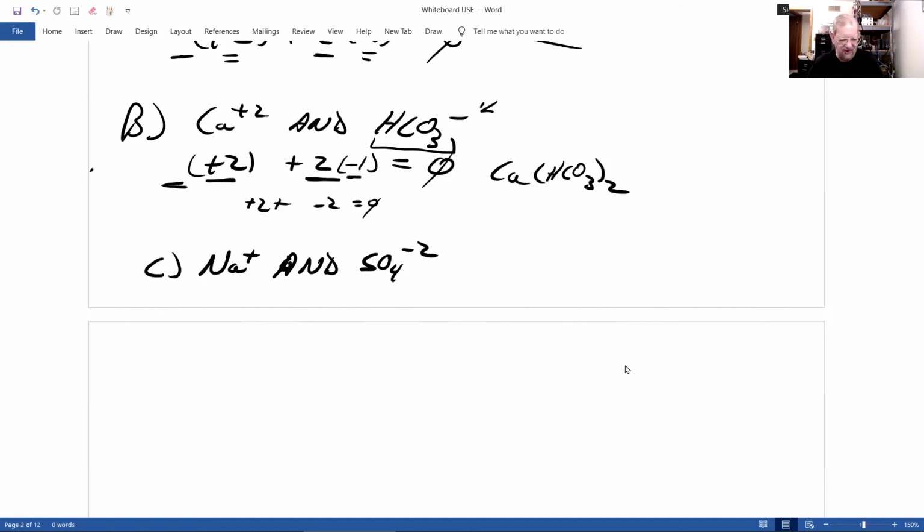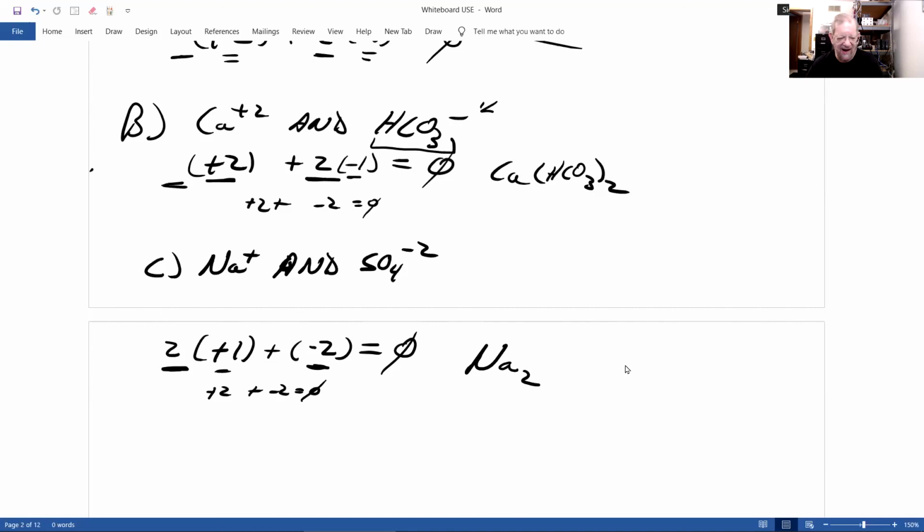All right, let's do this. This is a +1 charge for sodium. The sulfate is a -2 charge. It has to add up to 0. Does it? No. I can't change the charge, but I can say if I have 2 of these, that'd be +2 plus 1 of these -2. That adds up to 0. So how do we write that? This tells me I have 2 sodium. I have one sulfate,